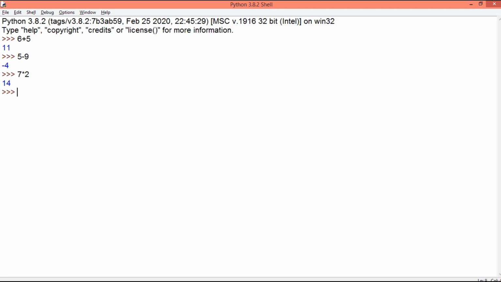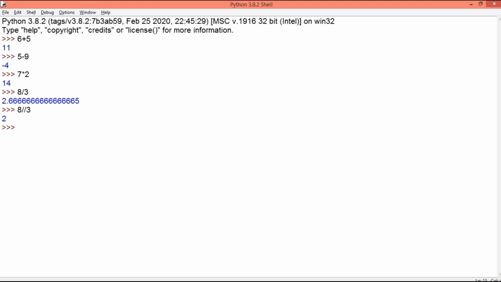Python has two division operators. The first one is written as single slash. It always returns the answer as a float value, irrespective of the type of the numbers provided to it, whether they are integer or a floating point value. The answer will always be a floating point number. If in our Python programs we do not need this fractional part, we can discard it with the help of this double slash. This operator is known as a floor division operator, in which the whole number is returned as the output and the fractional part is discarded.